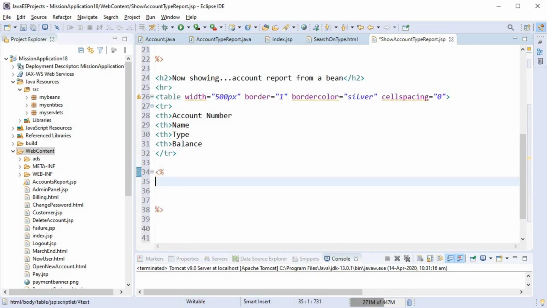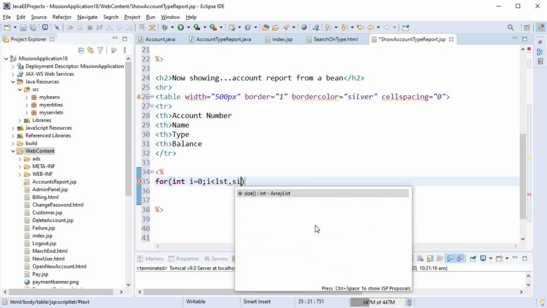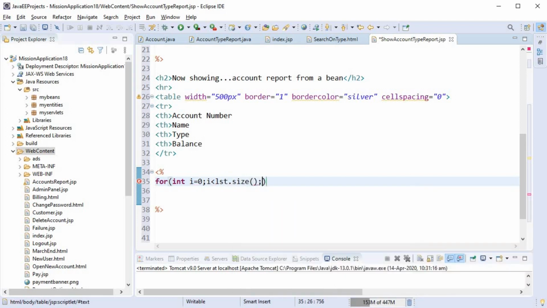Now we remember that all the records in the array list are present in the form of objects. So each record is represented as an object of the account class in the array list, and that object has getters to deliver the data.